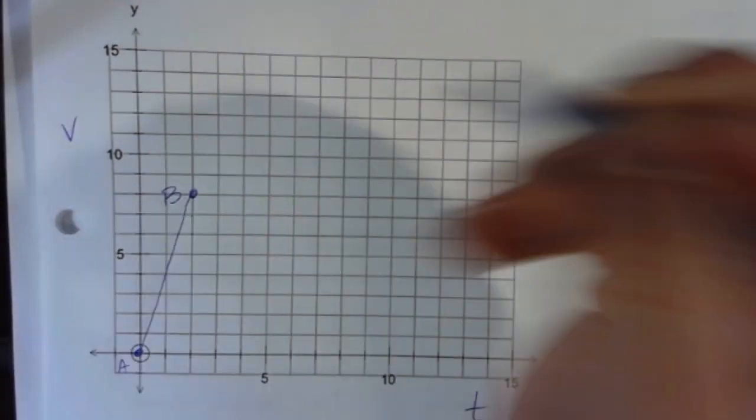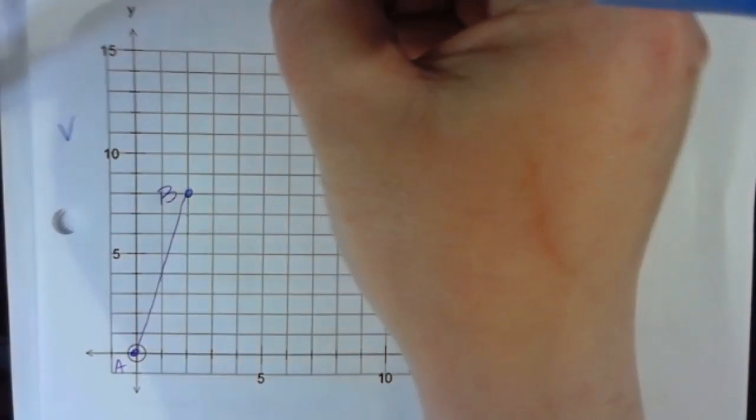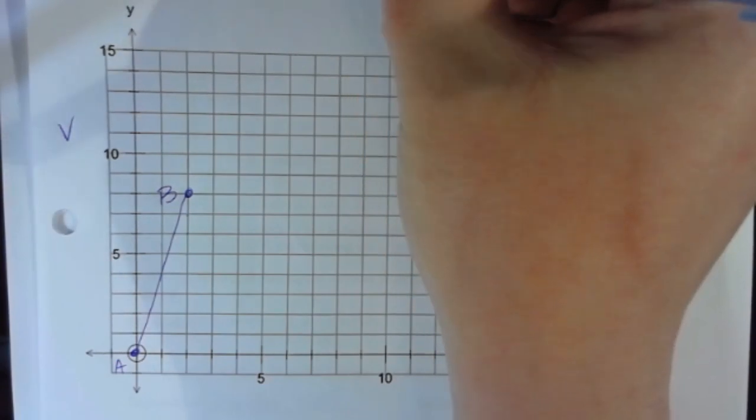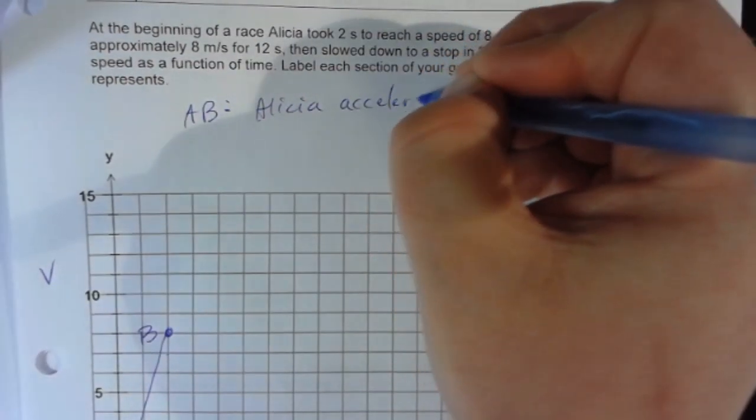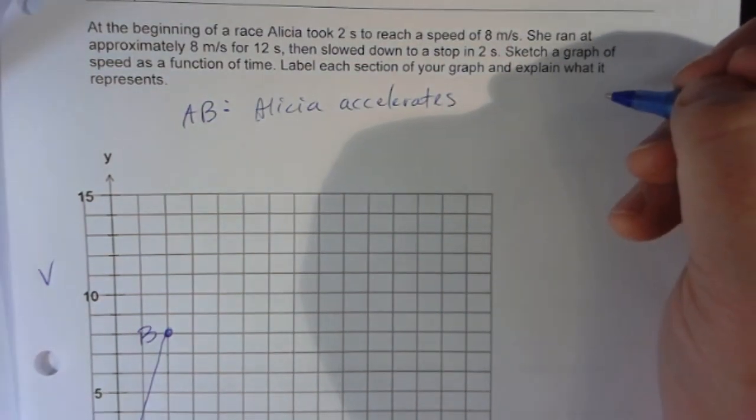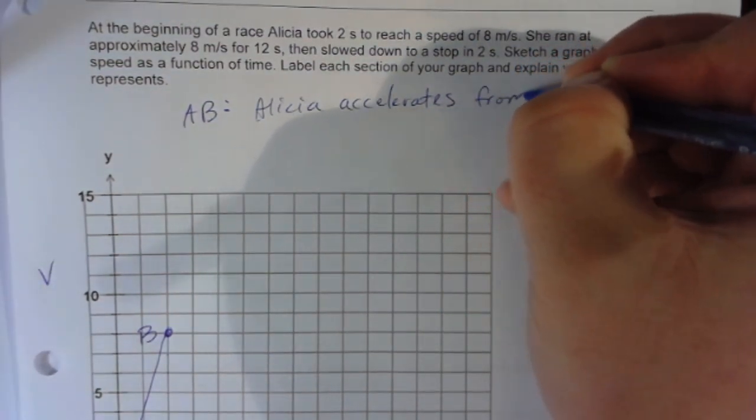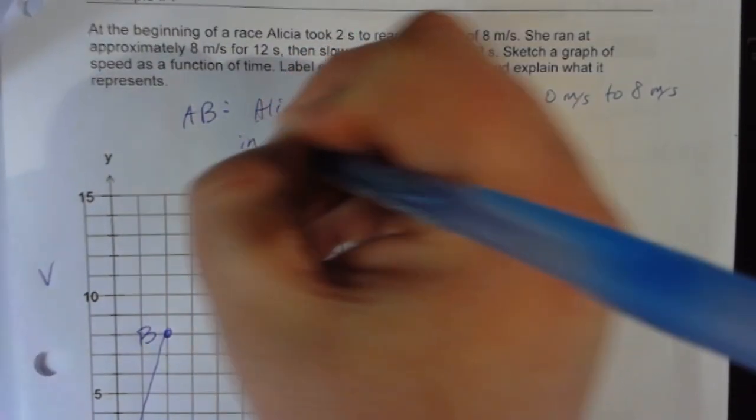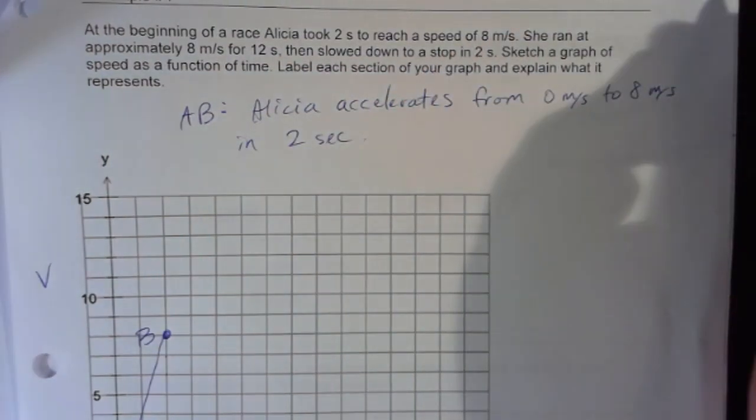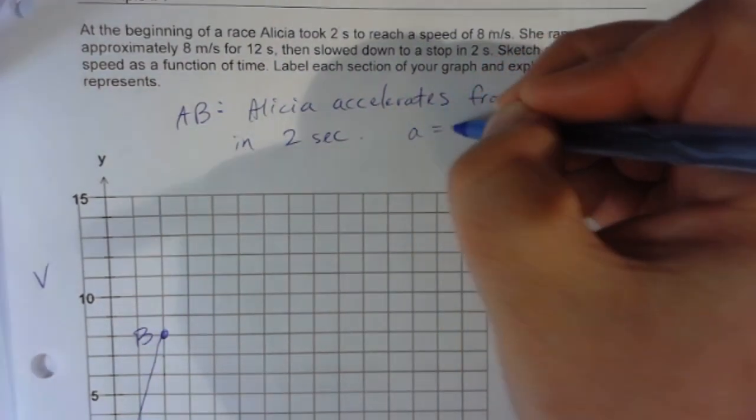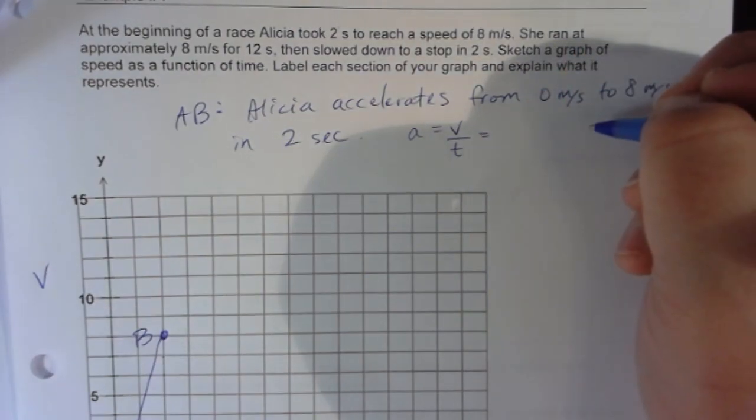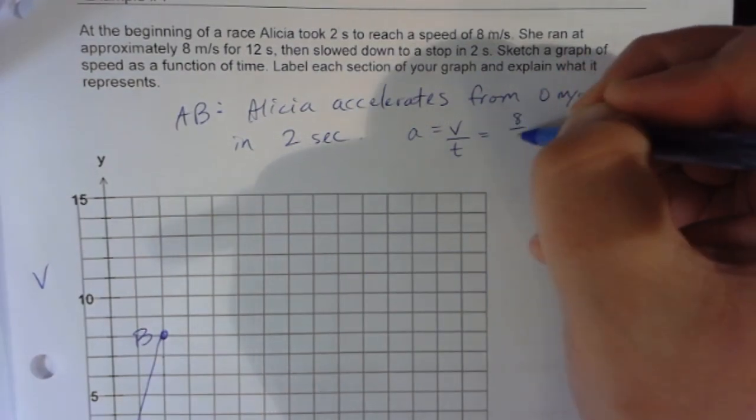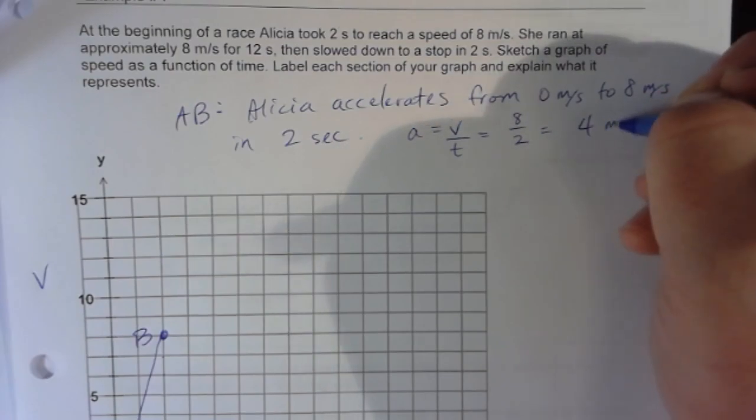From A to B, we'll call that A and we'll call that B. From A to B, Alicia accelerates. Oh, I'm off the screen, I'm sorry. Alicia accelerates from 0 meters per second to 8 meters per second in 2 seconds. And if you want to find the acceleration, then acceleration is equal to velocity divided by time, or speed divided by time. So in this case, that's going to be 8 divided by 2, which is 4 meters per second